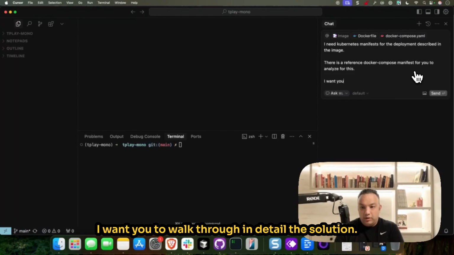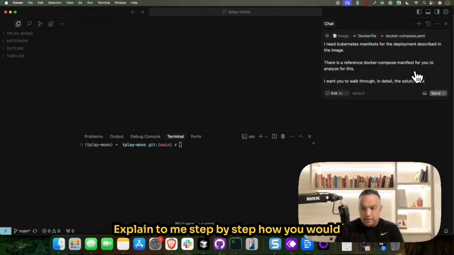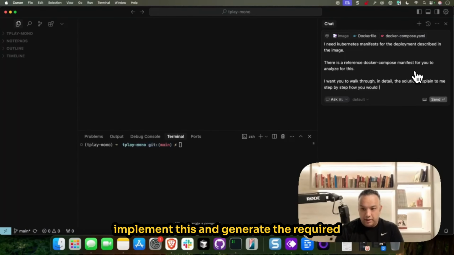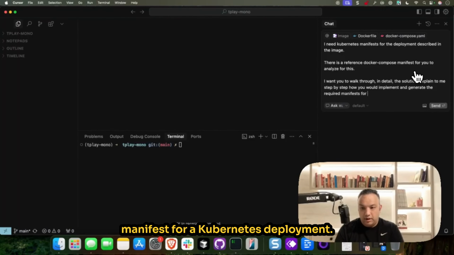I want you to walk through in detail the solution, explain to me step by step how you would implement this, and generate the required manifests for a Kubernetes deployment.